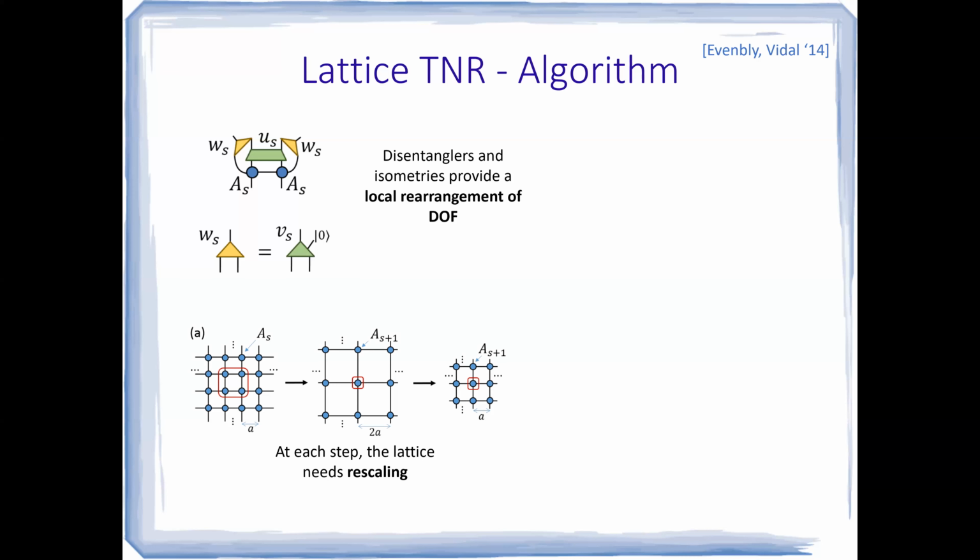And this you include into the problem by introducing the disentangler. Yeah, so the disentangler allows for a change of basis in such a fashion that later the isometries are able to work. So the whole idea is something called entanglement renormalization, which was already seen in the context of quantum states, and